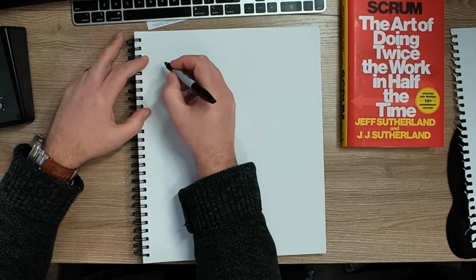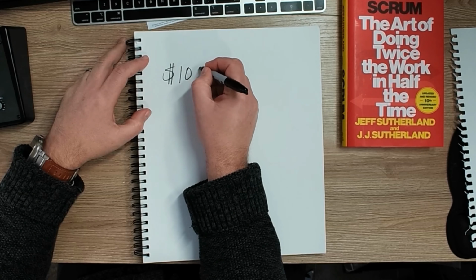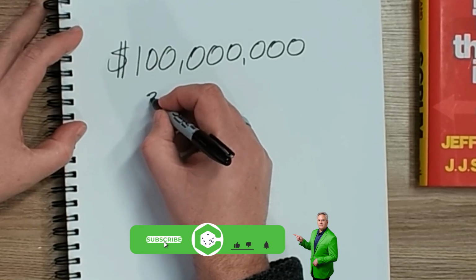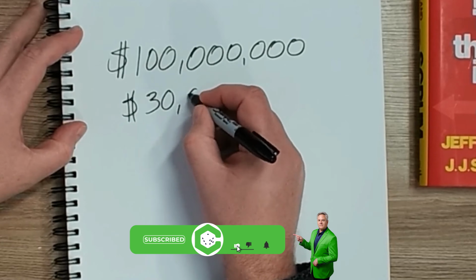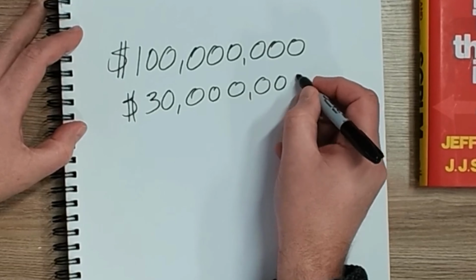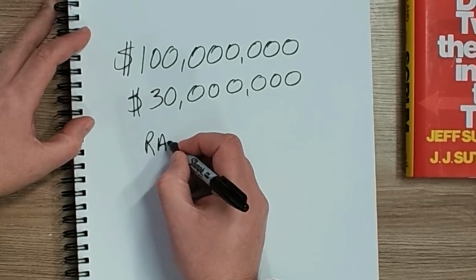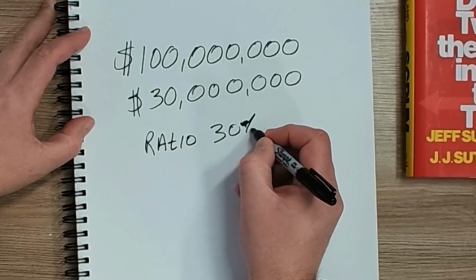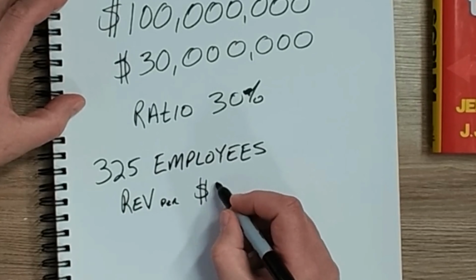Imagine you have a company and it's producing revenue of $100 million a year. And you have this payroll cost that goes along with that. Your total payroll cost is $30 million. If I divide my $30 million by the $100 million, I'm coming up with a ratio of 30%. So that is my payroll to revenue ratio. Now, if I have 325 employees, my revenue per employee is about